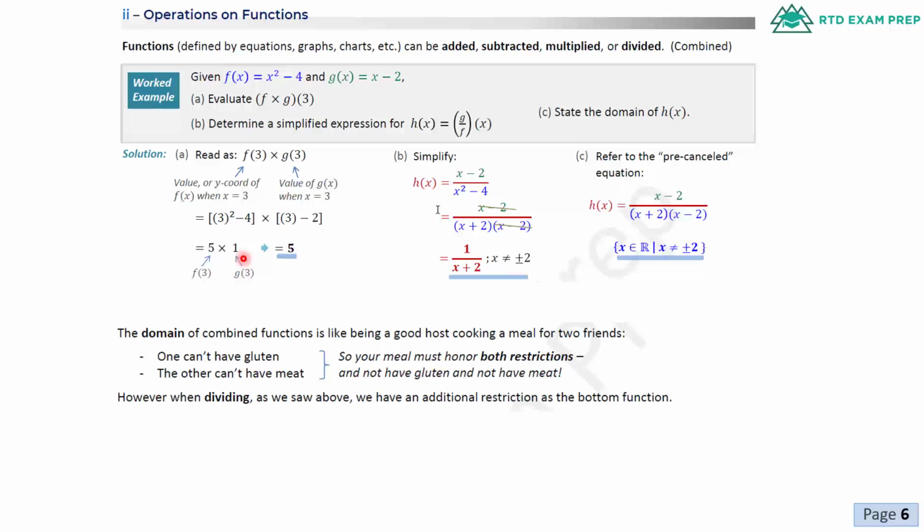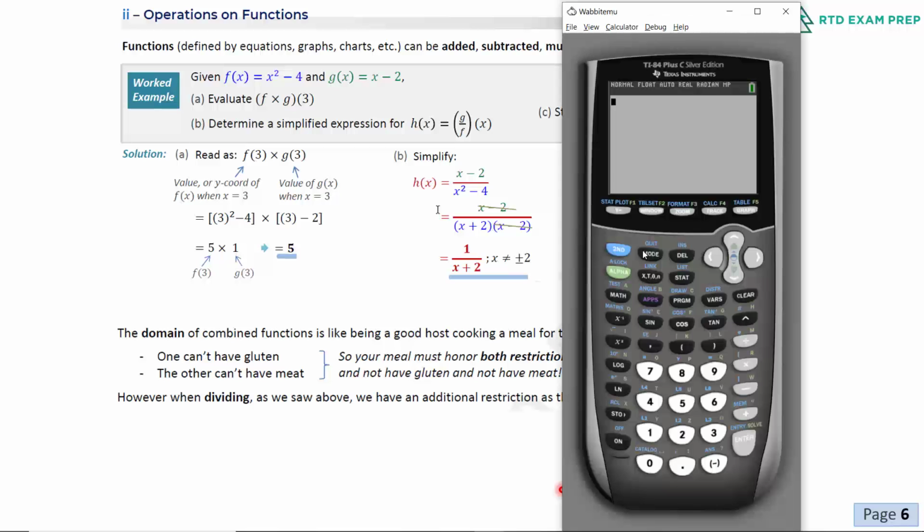Now, though this is a pretty simple example, I'd still like to take a second to show you how to do this with your calculator. Let's go ahead and turn our calculator on and press the y equals button. Here, we'll type in y1 as being f of x, so I will type x squared minus 4. And in the y2 input, I will put in x minus 2, which is the g of x. This question wanted me to find f of x times g of x for a certain value. So in y3, I'm going to ask it to multiply f of x, which is y1, times g of x,